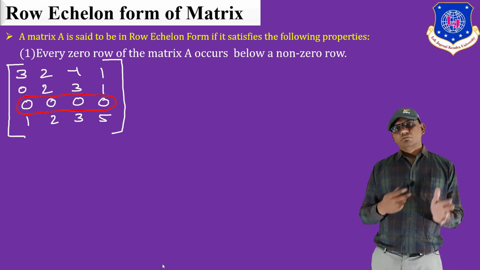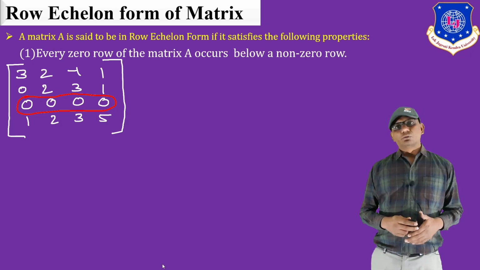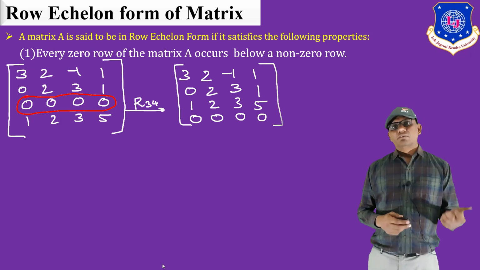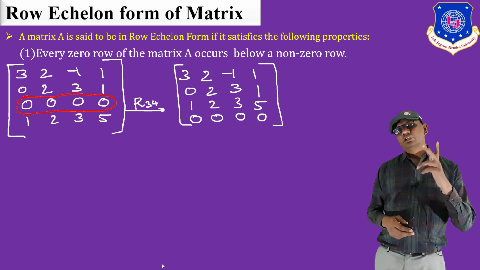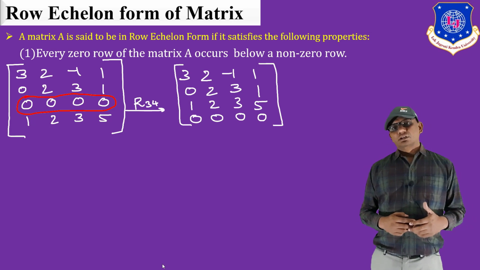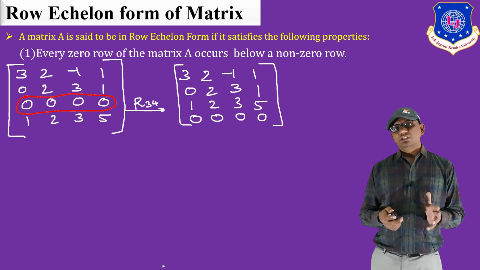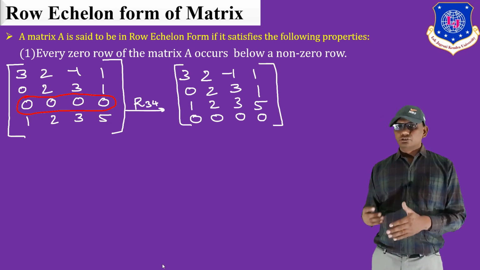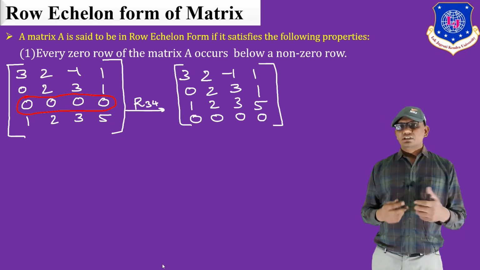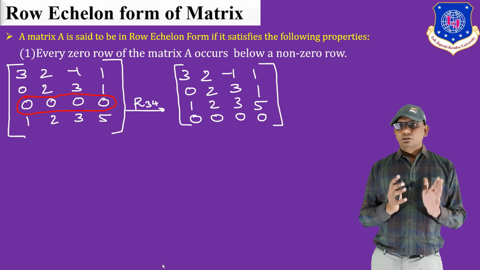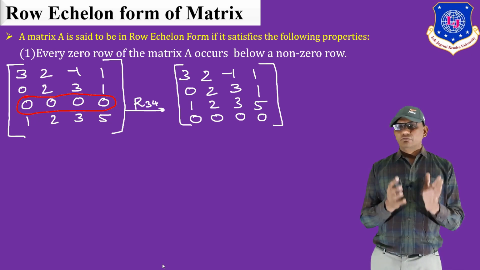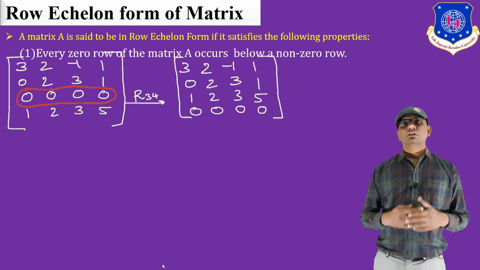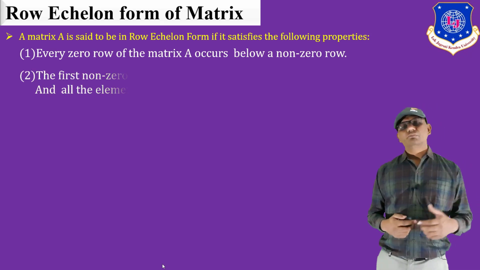So to move it to the last row, we interchange the third and fourth rows. Then finally our third row becomes the fourth row and the fourth row becomes the third row. So we get a matrix of this type, in which all the zero rows are below all the non-zero rows. So finally in this condition we collect all the zero rows at the bottom of the matrix.